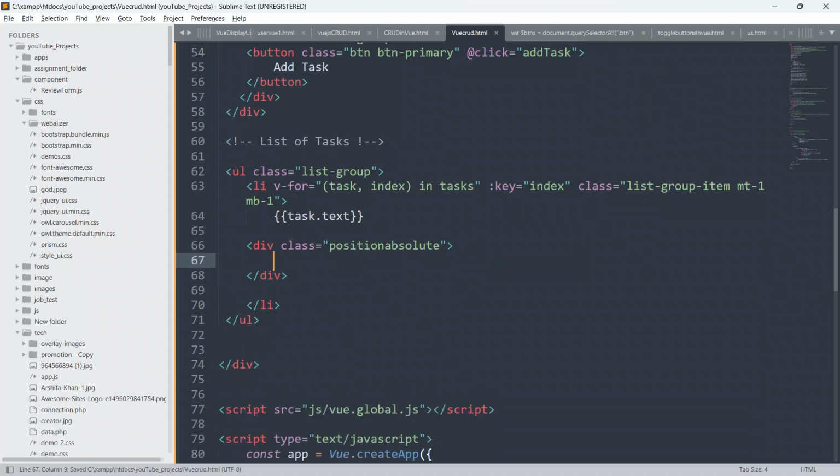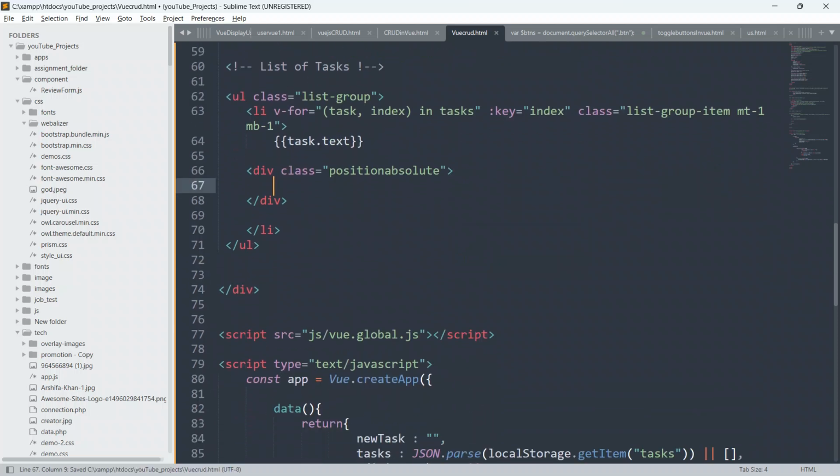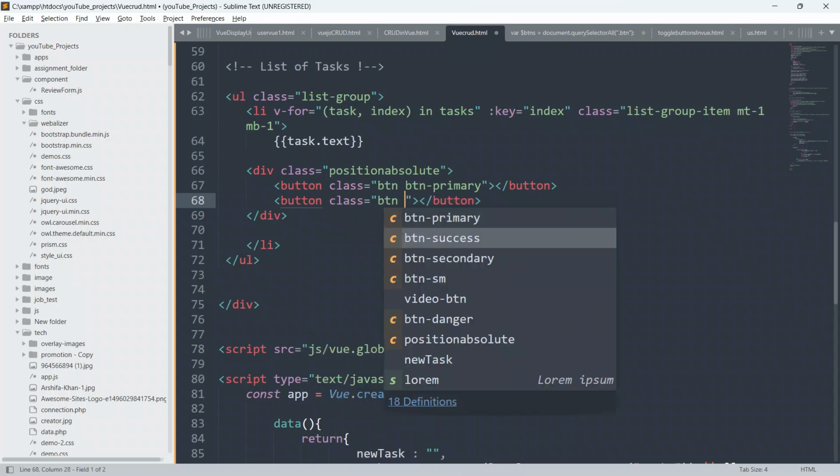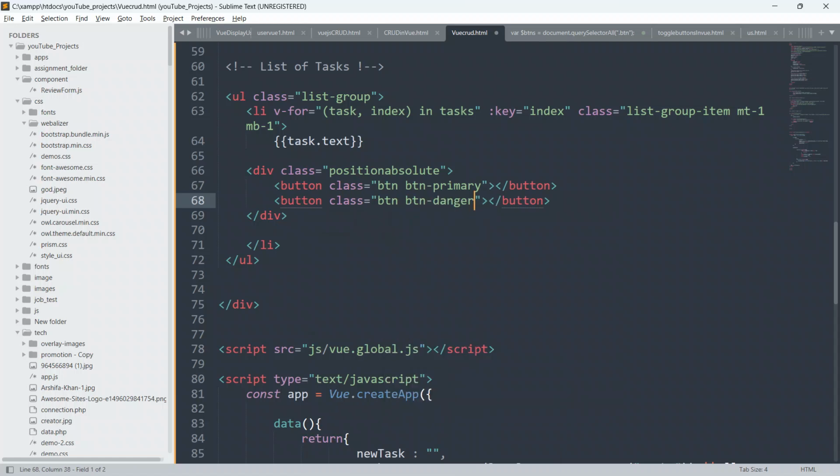I will say button, and close this button first, and copy this button from here, paste it here, and give class as btn primary, and give class here as btn danger, btn danger only.